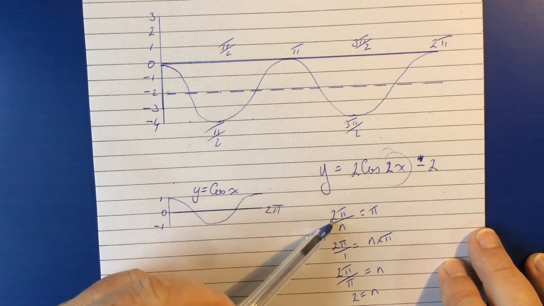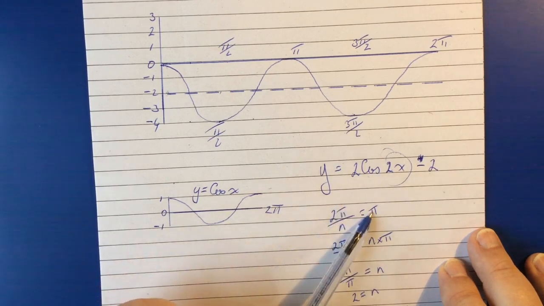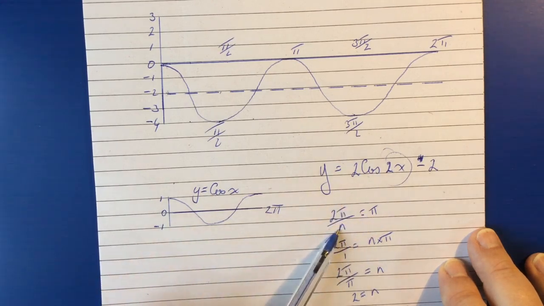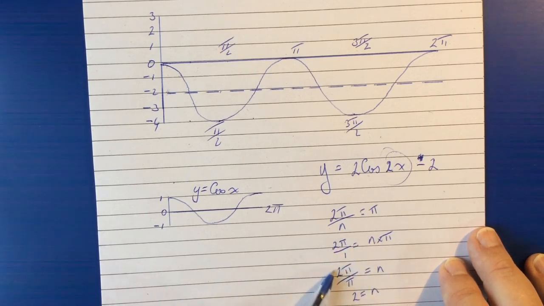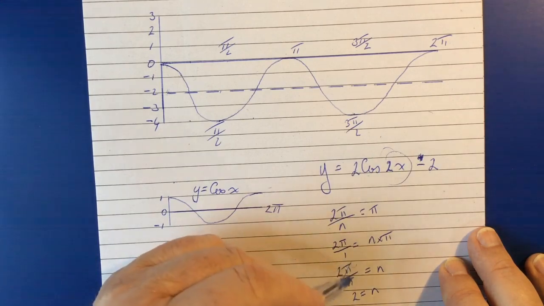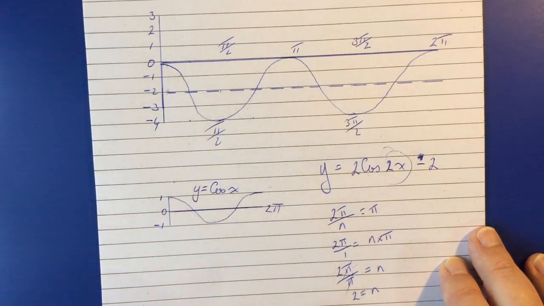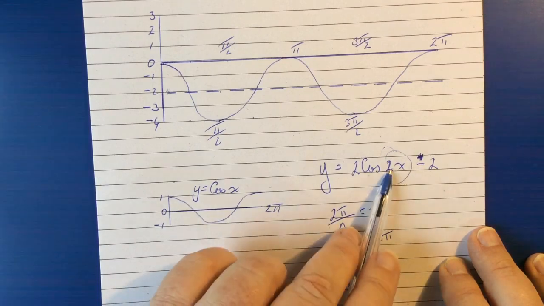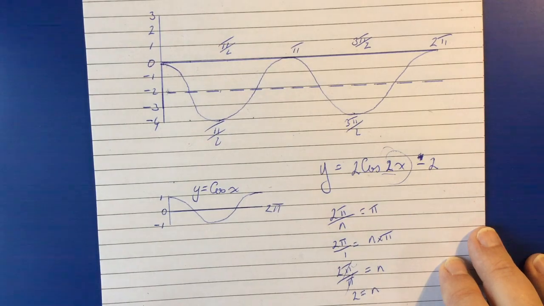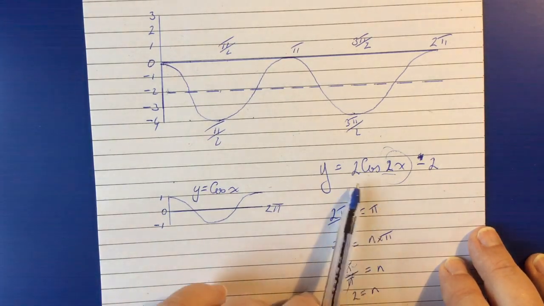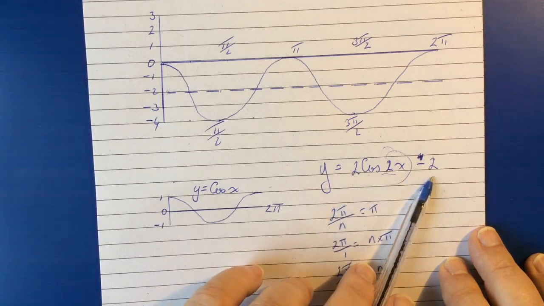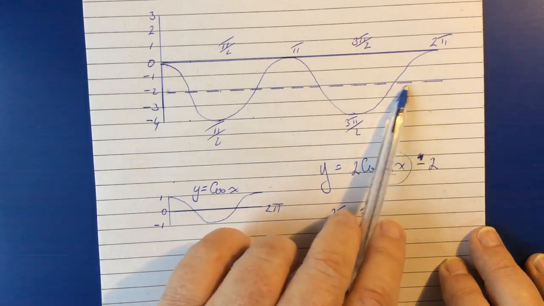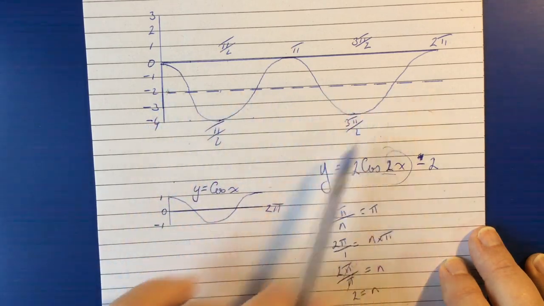Just to run through this again, I made the formula equal the period, and we're solving for n. A quick bit of algebra gives us 2 pi on pi. These cancel, and we're left with 2 equaling n. That is our value here. You can reverse engineer this if you want. You can pop this into a calculator and check, but this is the graph that you will get, where the